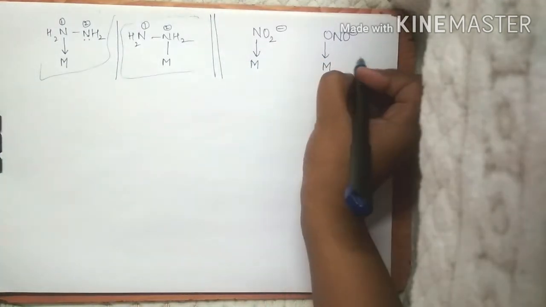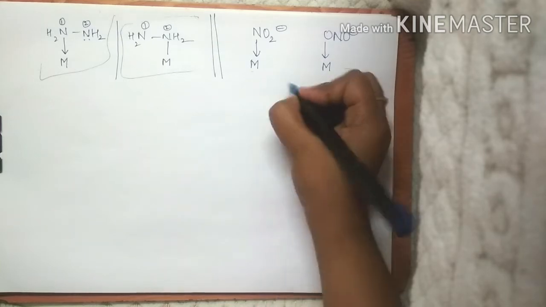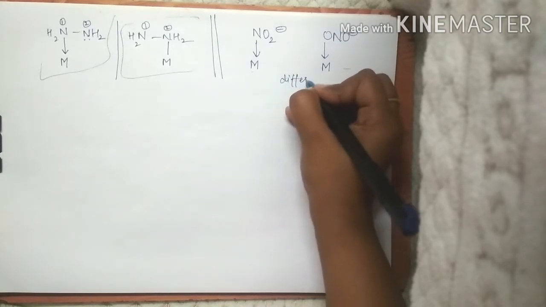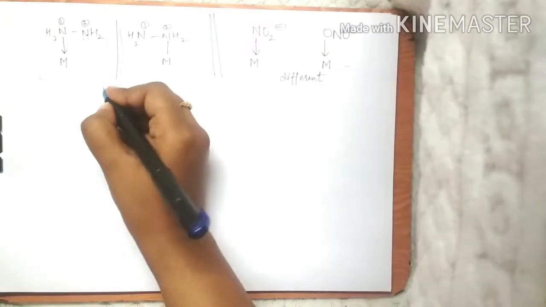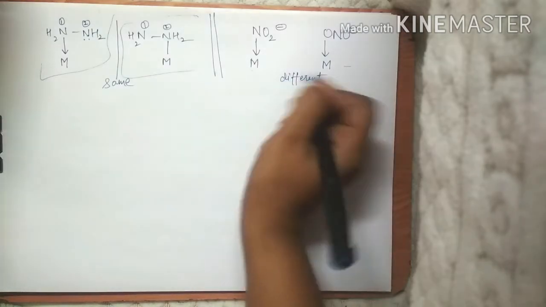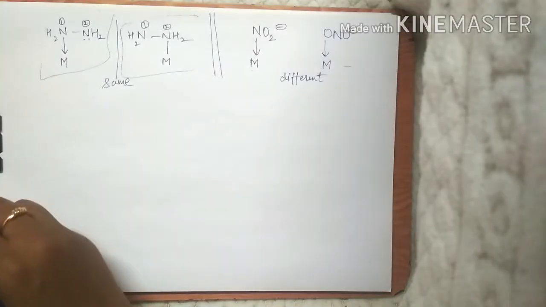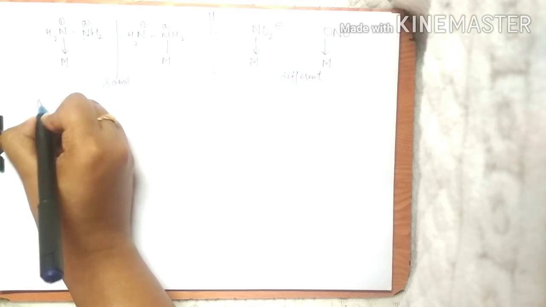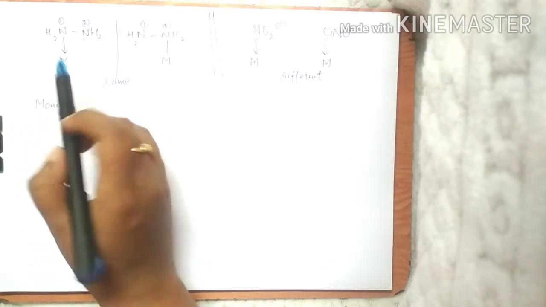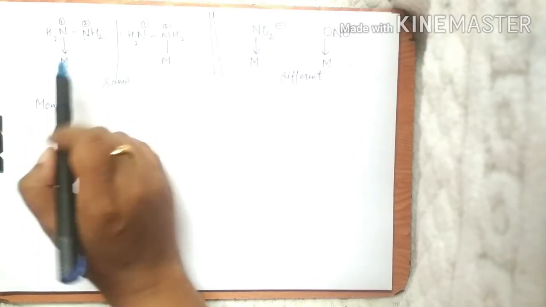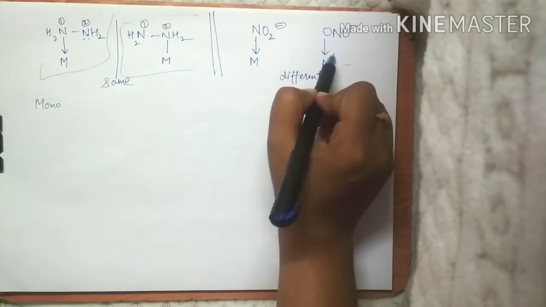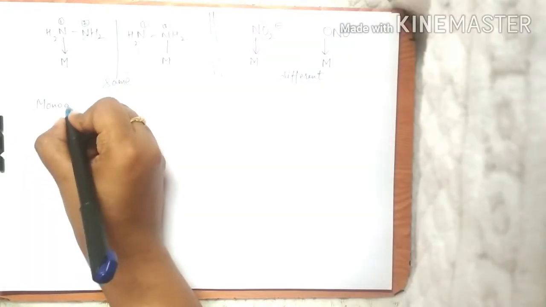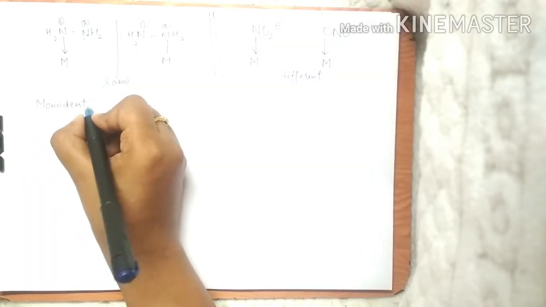Now if we look at both of these two, then both of these are different, right? These are the same and these are different. So from here we are going to draw one conclusion: here it is monodentate, here also, and here also. So monodentate ligands